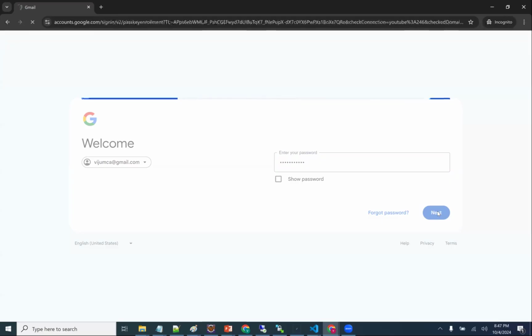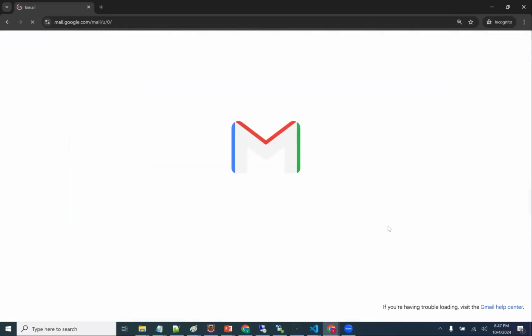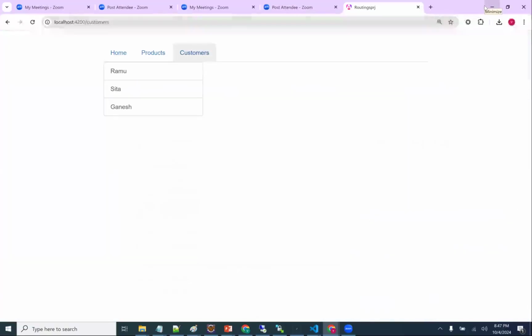After I give the password, then only it is redirecting to my emails. Is it not a protection, guys? Do you feel that it is not a protection?